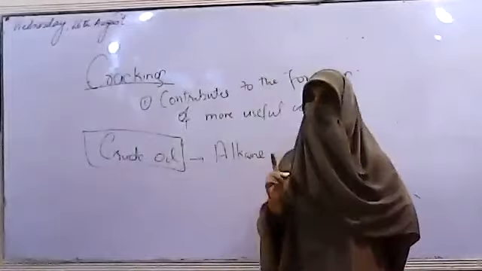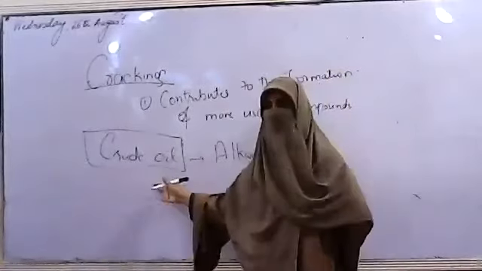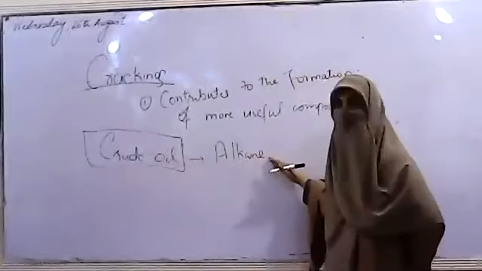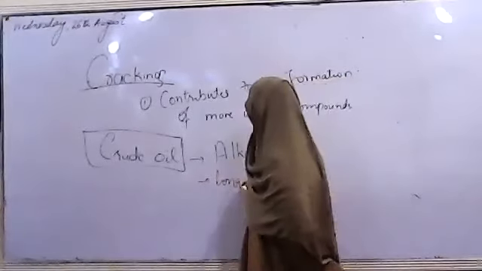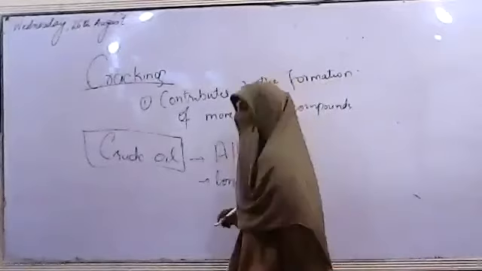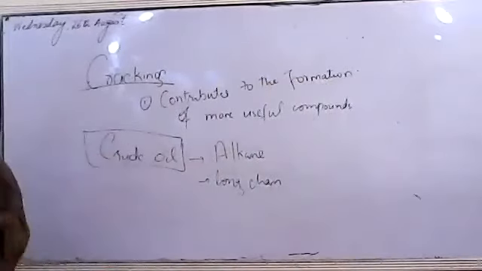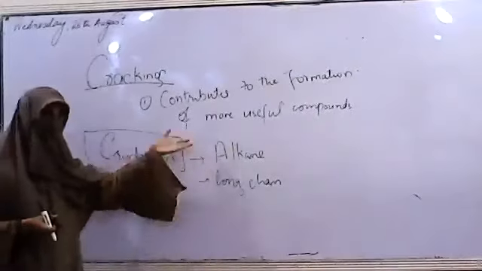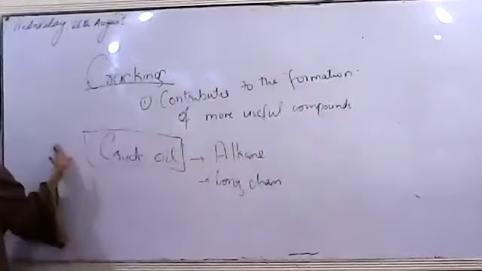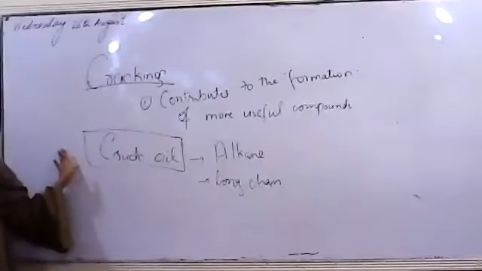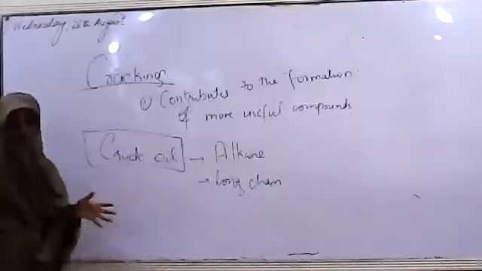Firstly, we studied alkanes are inert, they do not react much. So how is crude oil useful if we have a major constituent of alkanes in it? Secondly, these alkanes are long chains. They do not have short structures, they are long chain structures. So alkanes having long chains is basically making crude oil a very less useful thing for us to be used as a raw material in the industry.